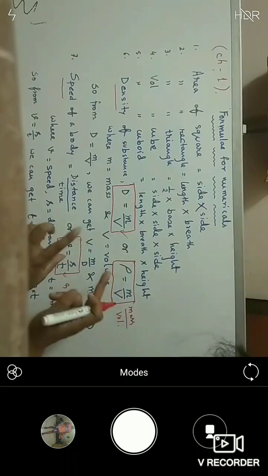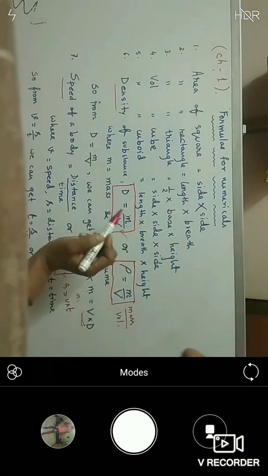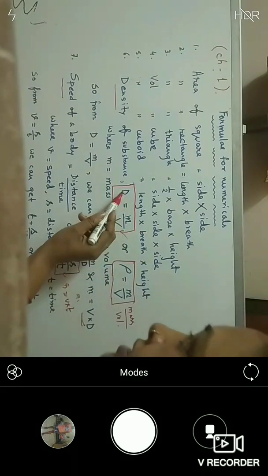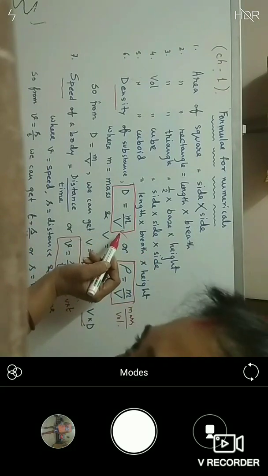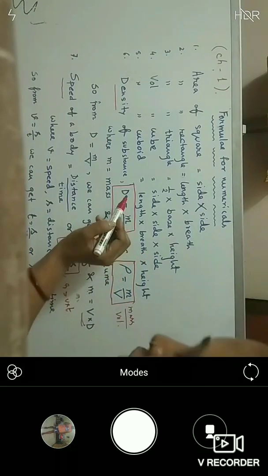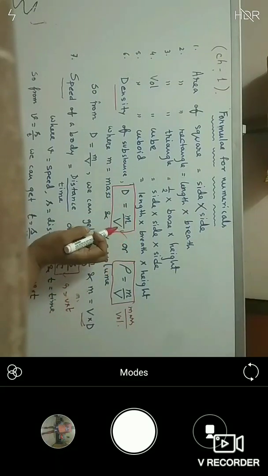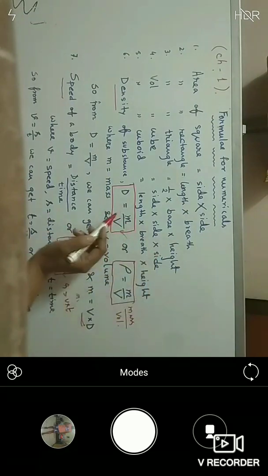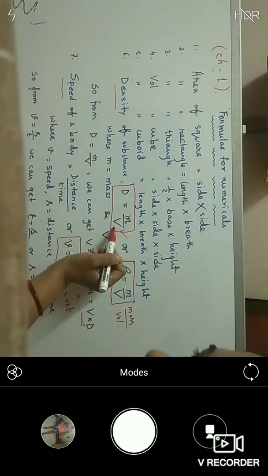In the same way, in density-based questions there are 3 values: mass, volume and density. Sometimes the mass and volume of the substance are given and you have to find the density. Sometimes density and volume are given, and you have to find the mass. Sometimes mass and density are given, and you have to find the volume.